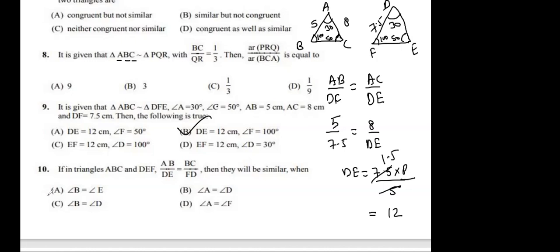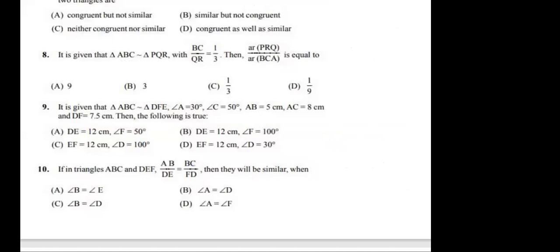So let's move to question number 10. In triangles ABC and DEF, AB upon this one is given to this one, which option will be correct? Sir, option C. Option C. Okay, option C. Sadhna, your answer? So my option is A, angle A is equal to D. Option B. Option B. So Asila and Tanishka are saying C and Sadhna is saying B. Okay, let's check.